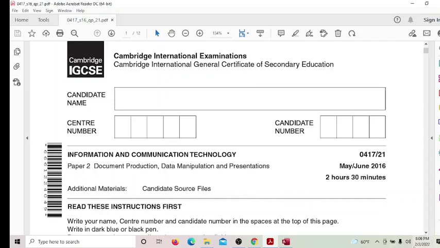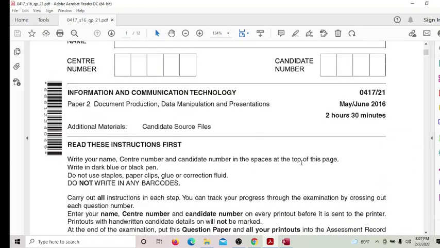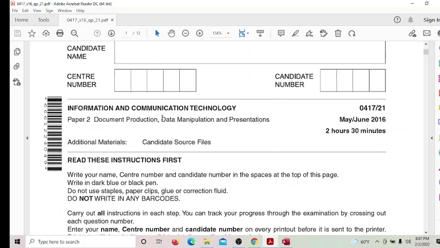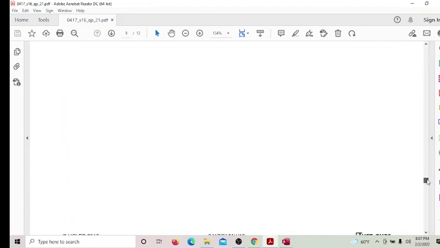Hello guys, today we are going to do the practical session of 2016 May/June Access, MS Access, that's data manipulation. So this paper 2 contains documentation, data manipulation in MS Access, and presentation. 3 parts in this. So we'll go to